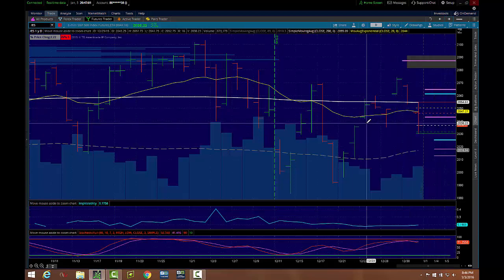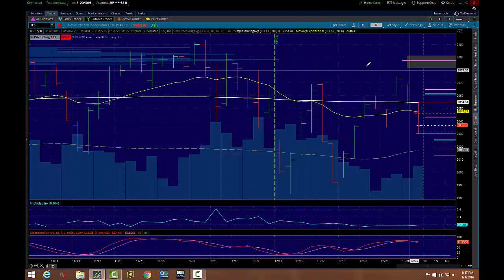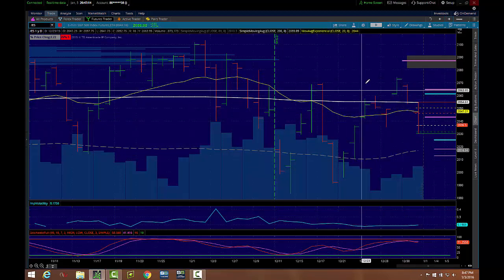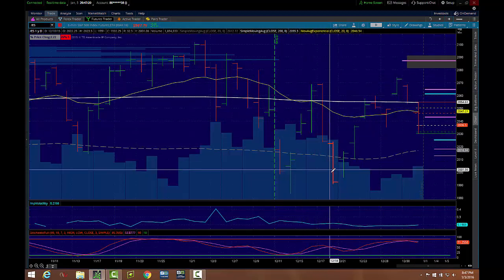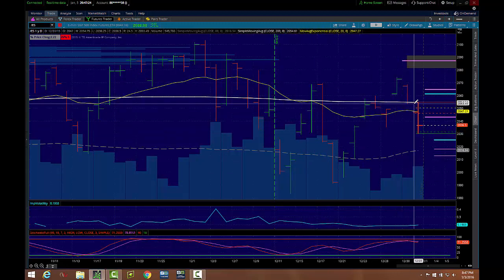On the daily, we're one time framing lower. We're in this area of balance here. This looks like a pretty weak bar, but this was all on low volume. It looked like it got overdone to the short side, sprung back up, and we're just balancing out now. And we'll see what happens